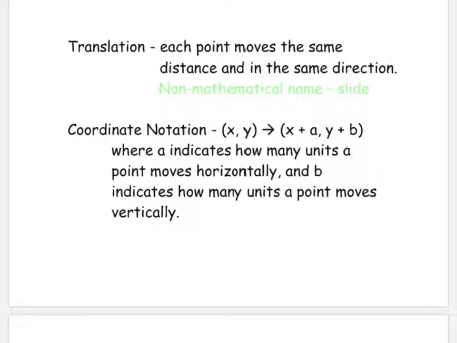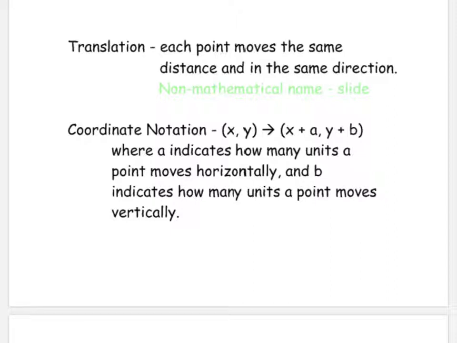Before I even get into what a translation is, some of you may speak another language. If you're asked to translate something, you're asked to tell the person you're translating for exactly what was said, just in the language the other person speaks, right? You don't just change the meaning. So, in meaning that, if we're looking at a translation on a graph, it takes the points for whatever the